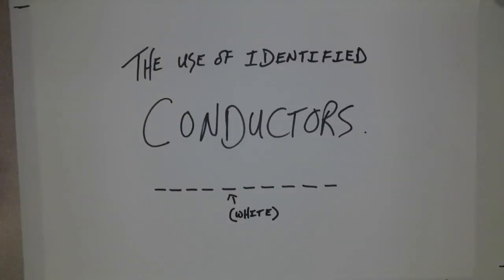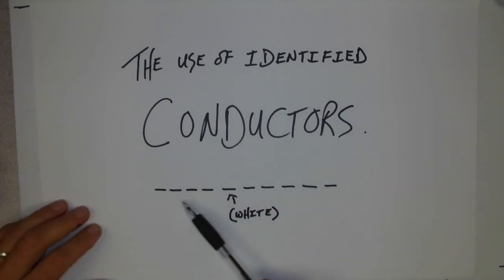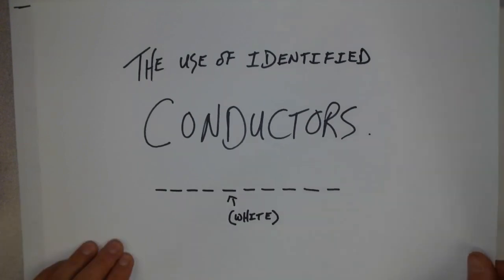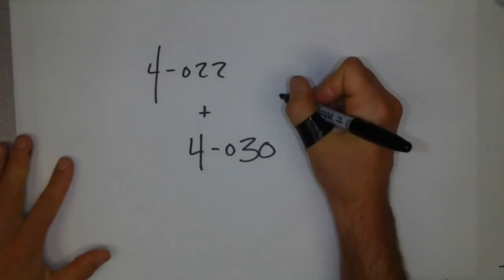The use of identified conductors. Now remember, in the code book, when we say the word identified, it actually means white. I use my white marker there. Pretty awesome. So why is this important? Well, it's really important that you're aware of a few different rules in Section 4, and specifically to do with